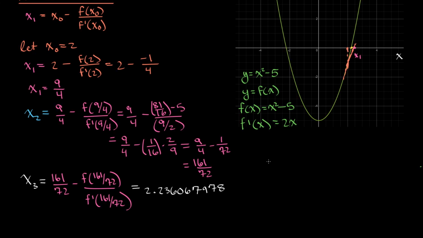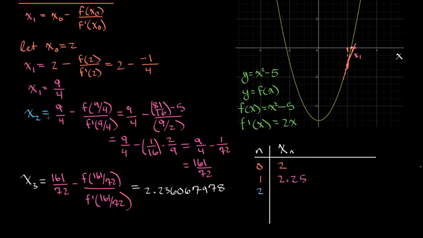So now again, we want to compare what we got with Newton's method down here with what we get on a calculator. So let's make a quick table. I want to talk about something cool about Newton's method. This is going to be our nth guess, our number of guess. And then this is going to be what we got for our x-intercept under that guess. So this is our first guess here, which we denoted with a subscript of 0, and we said that our first guess was 2, and then our second guess we said was 9/4, in decimal form that is 2.25, and then our third guess